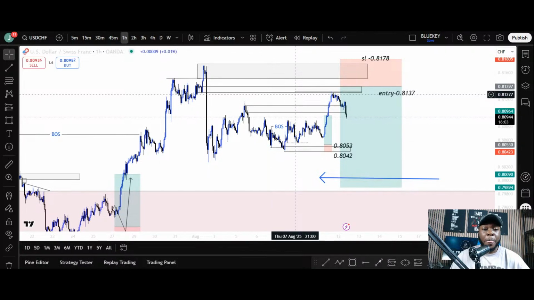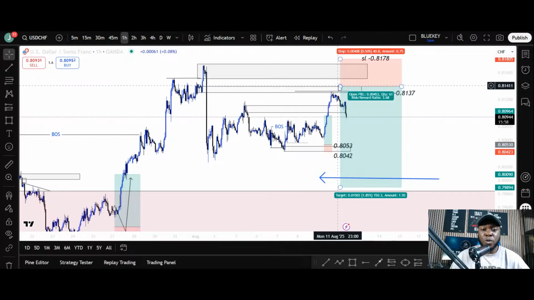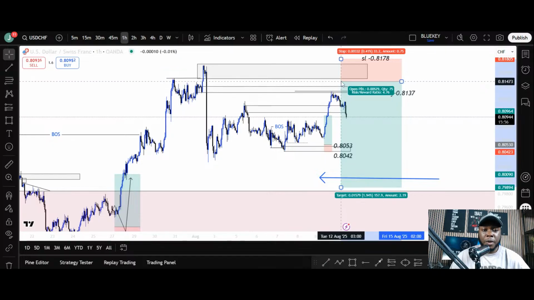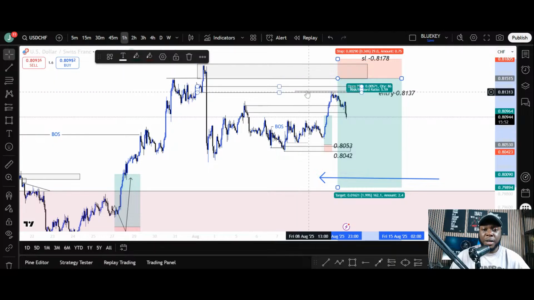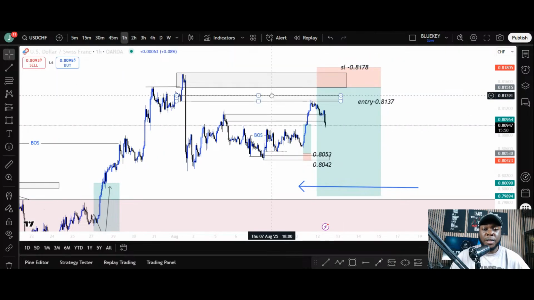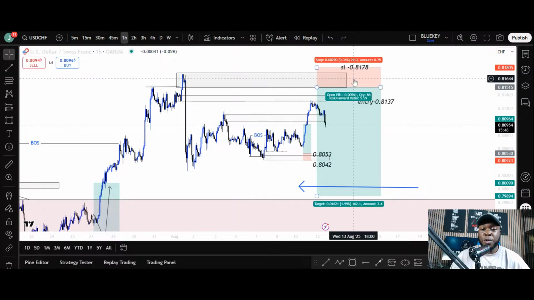However, it has created more liquidity here. What I'm now waiting for is, hey, I want price to now go deeper, right? Deeper into this right here for my USD CHF entry. So I have this order block here. I have this area of interest. Now my stop loss is even more reduced from 40 pips to about 30 pips, right? It's reduced by 10 pips. So I'm just expecting this market to drop down to maybe somewhere around this region, then start pulling back up